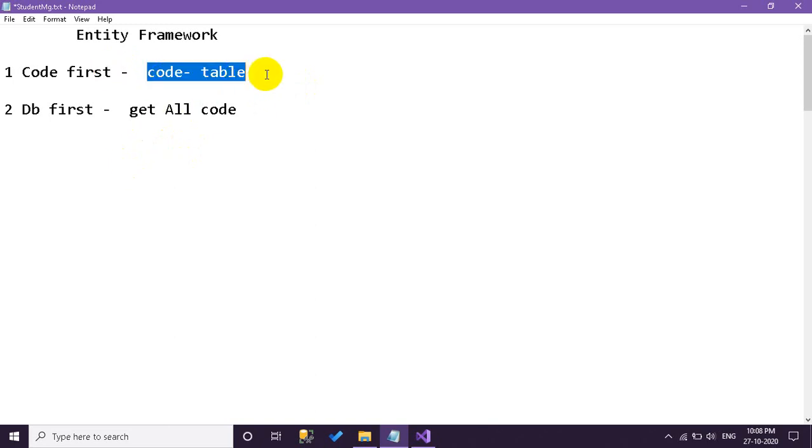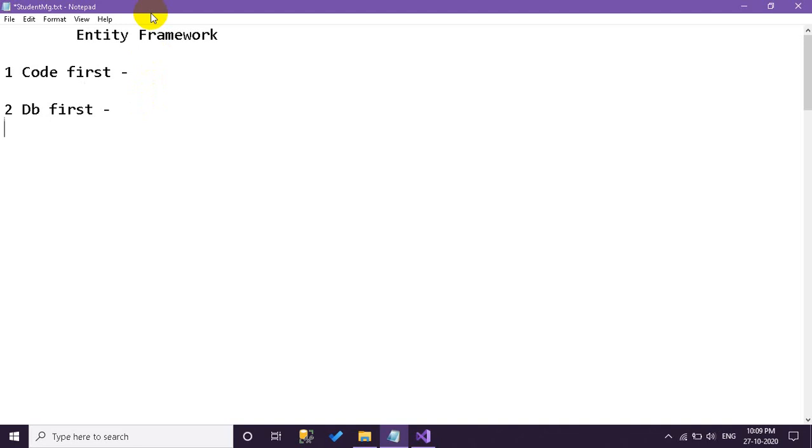And the next question is when to use these approaches. If we are trying to develop a new project for the first time, or start to build a new application, then we can go for the code first approach, because there are a lot of changes that need to be made. We have to do some iterations, some trial and error. So it is better to stick with code first. We can also, by editing some lines of code in our project, easily make all the changes in the database. It's cool.